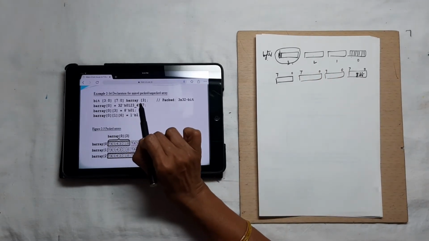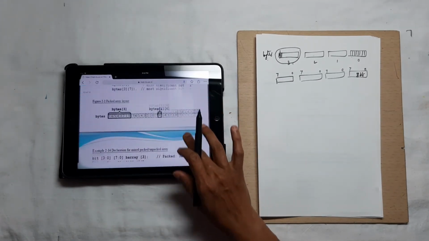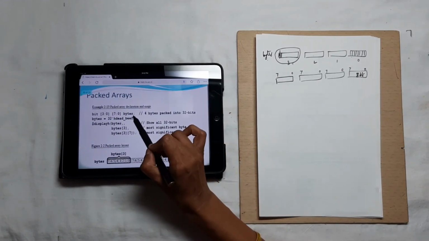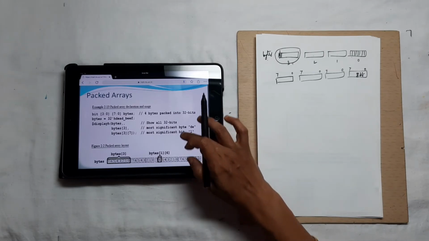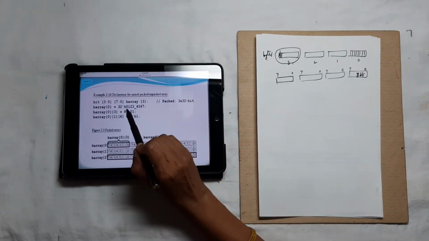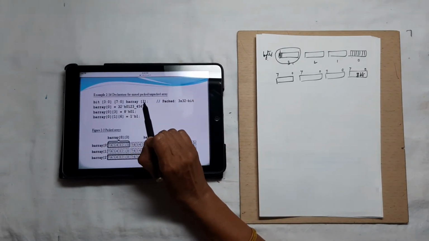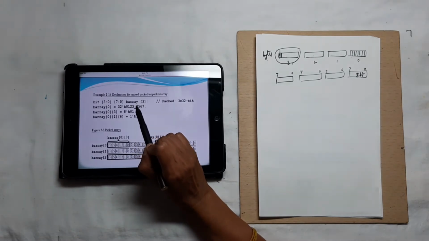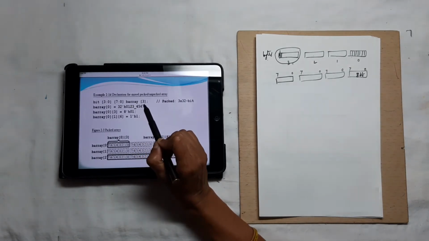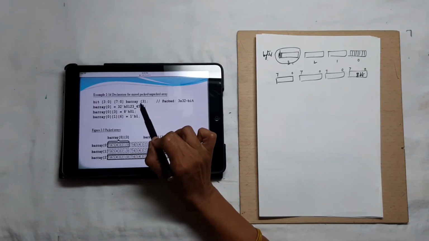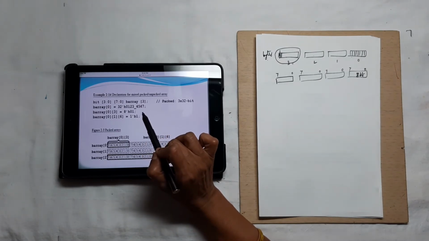In the earlier example, there is no array element mentioned with respect to bytes. Whereas here we have mentioned array elements as 3. barray has 3 different elements. It means that barray of 0, barray of 1 and barray of 2.